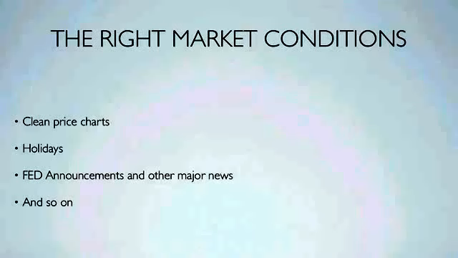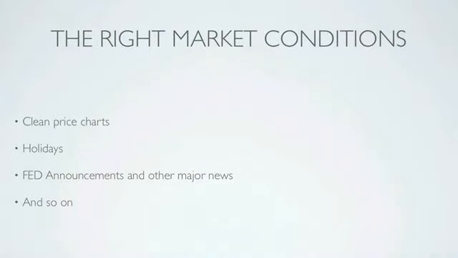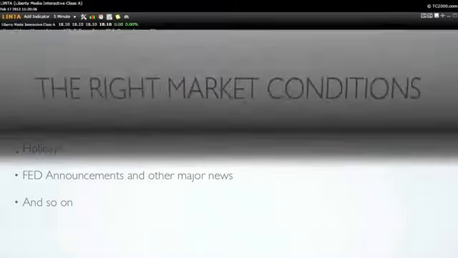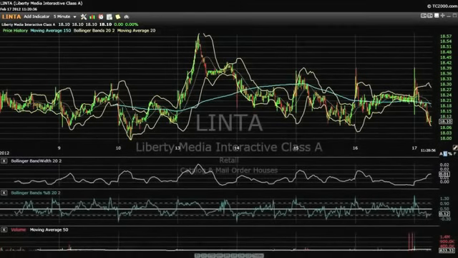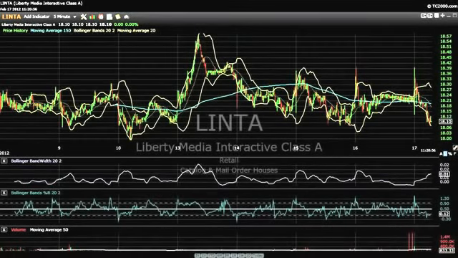Before ending this video, I just want to show you what price charts that are not clean look like, and you should avoid. Here is a chart of Linta. You can see how price is spiking up and down and not really respecting any MAs, any price swing highs. It's one of those you want to stay out of. It's just not clean. You can see we have a sharp move here and down again. Here we got a big bar up and down. It's just not clean price action.